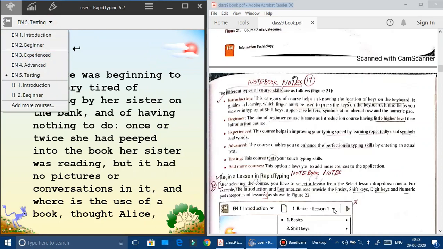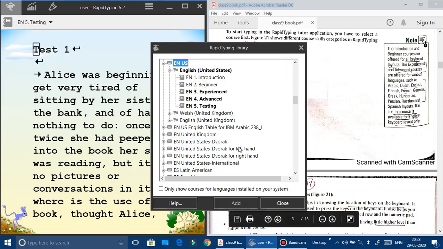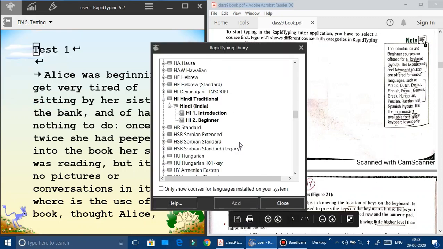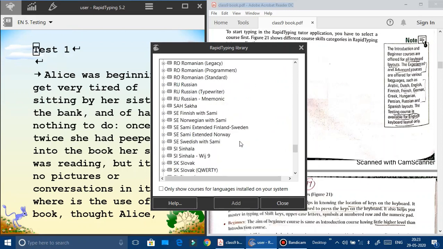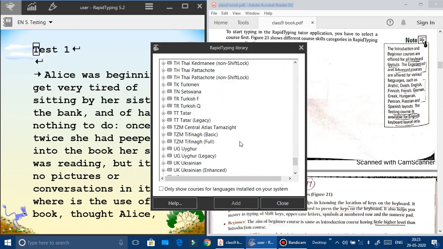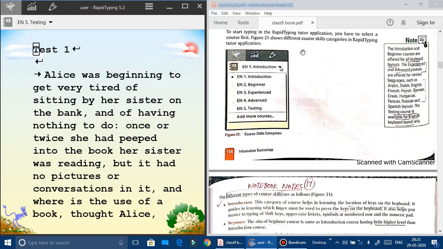So now it is matching with the book also. Initially it will show you 2, next you can add on as per your convenience, and you can add more, but they will be in different languages that will not be of your use, so I'm not adding them. They are for different languages, so Chinese and all, we don't need them. For us, we need to just add these 5 only.